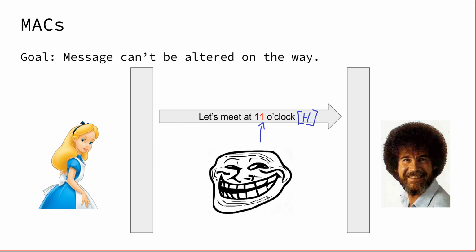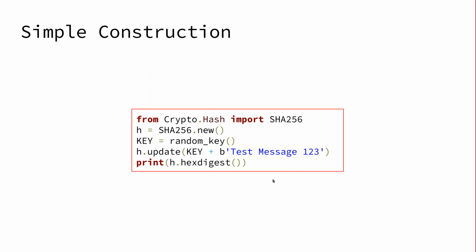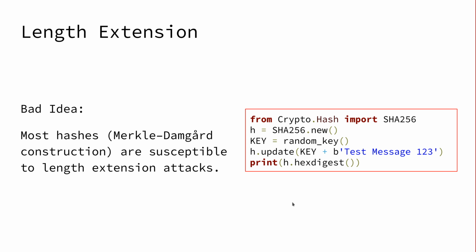And now if we both know this secret random key, the adversary can't just change the information because he can't calculate a new hash with our secret key and the new information. Was that a good idea? Well, as it turns out, this construction here is a very bad idea